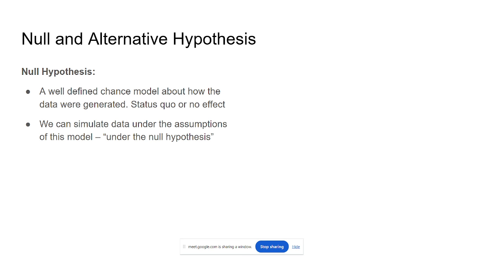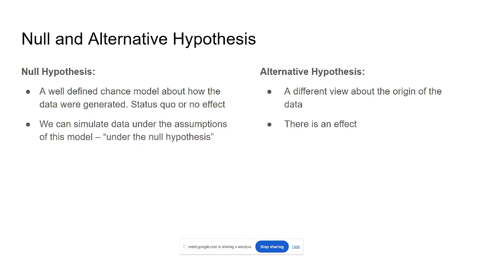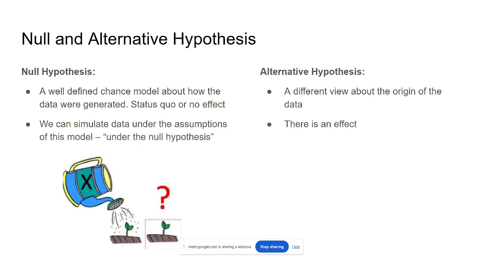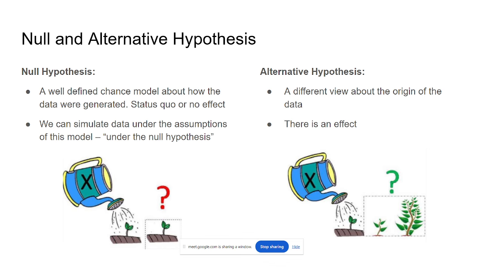For instance, I want to study the impact of background music on students' exam performance. So my null hypothesis would be that background music has no effect on student exam performance. You can simulate data under the assumptions under the null model. Alternative hypothesis would be, well, a different view about the origin of the data, that there is an effect. So, with your background music example, your alternative hypothesis would actually be that background music does have an impact on